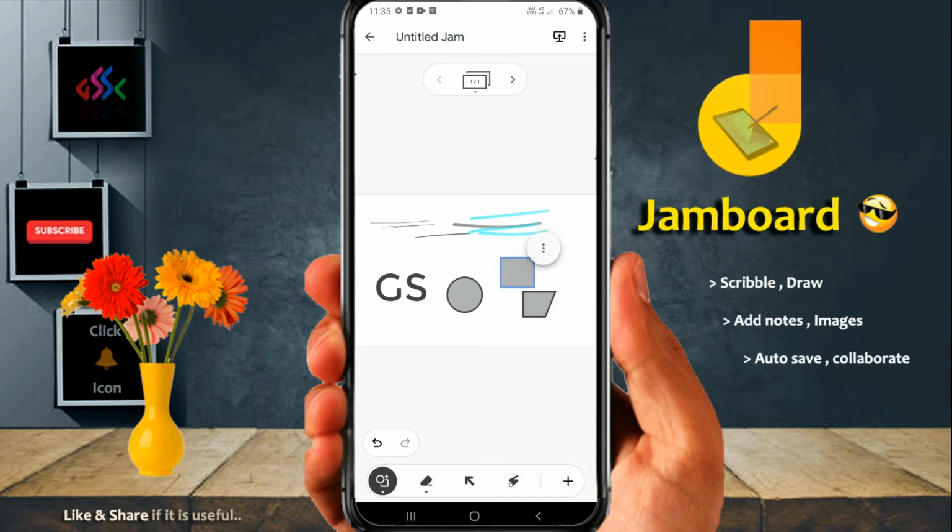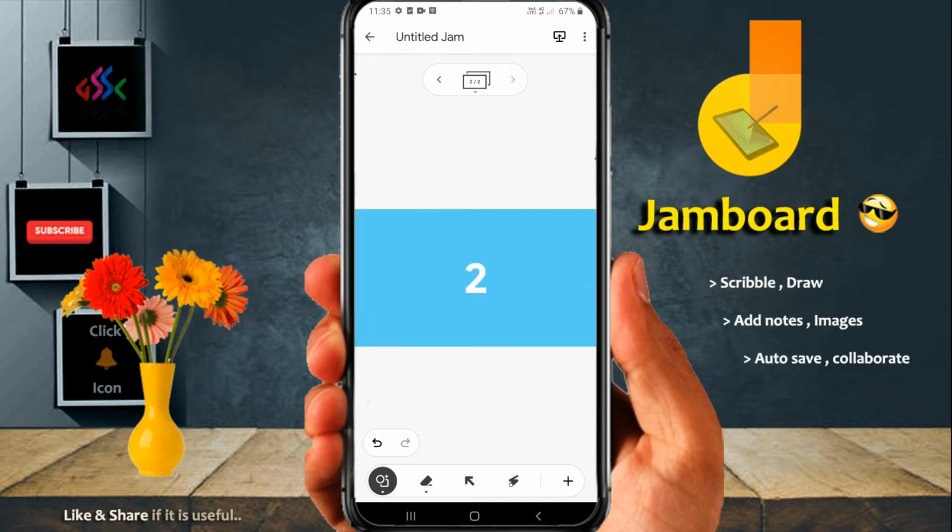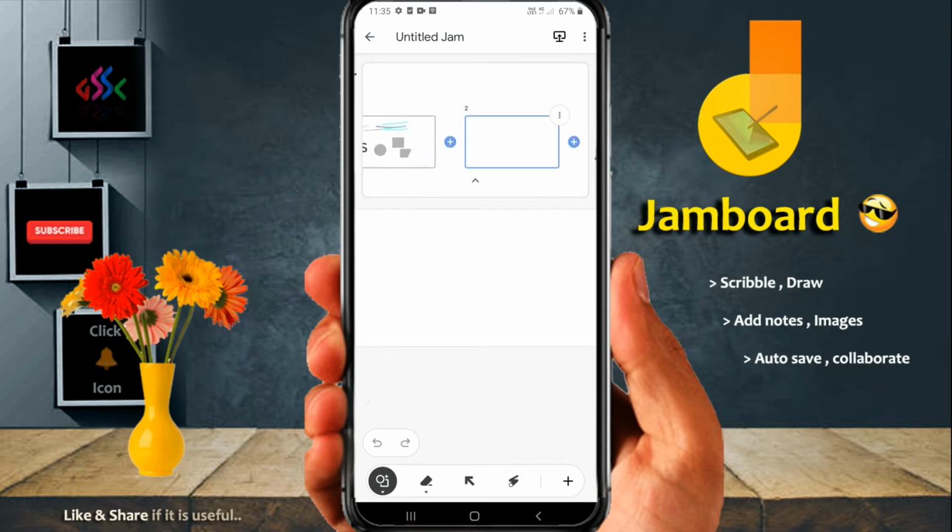If this page is over and you want to create a new page, just click this right side arrow, and a new page will be created. You can create n number of pages, and if you click this center collage button, you can see all the pages in it. If you want to add a new page at the end, the start, or in between, you can always click the plus button to create a new board anywhere, anytime.